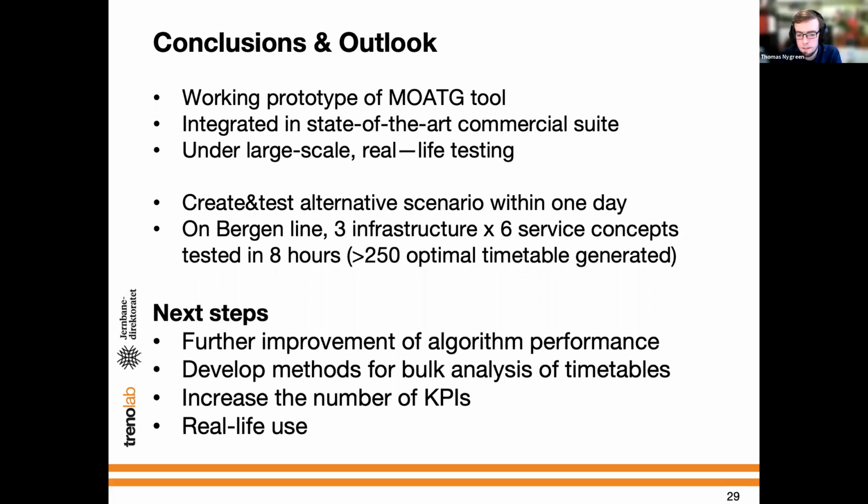Our use case here is primarily for strategic planning, so 5 to 15 and even more years ahead in time. So there will be ample chance to do the final touches on that before it's actually put in operation. But rolling stock circulation is actually one area where I've seen that we have some room for improvement,